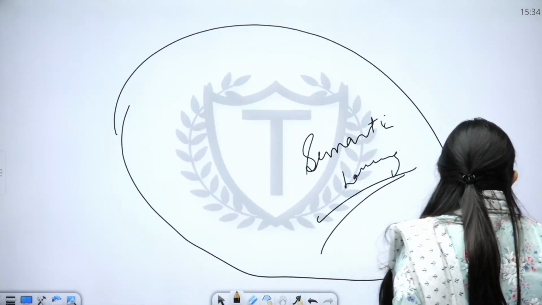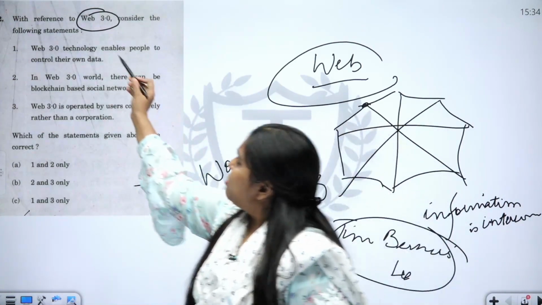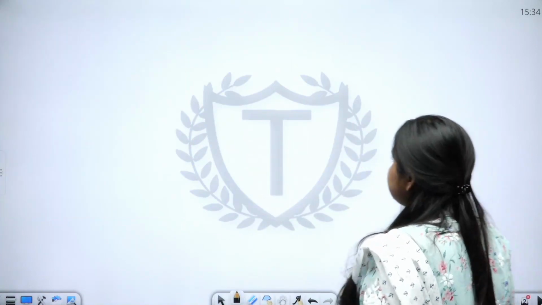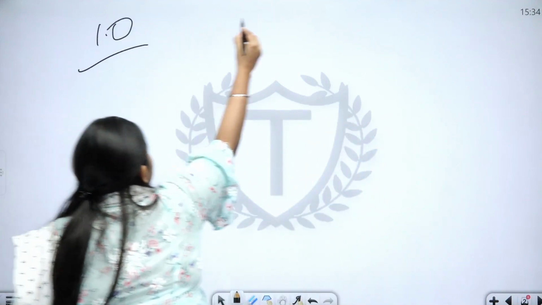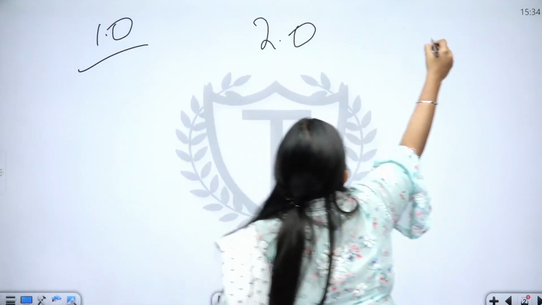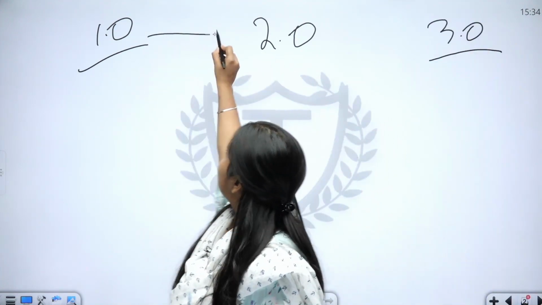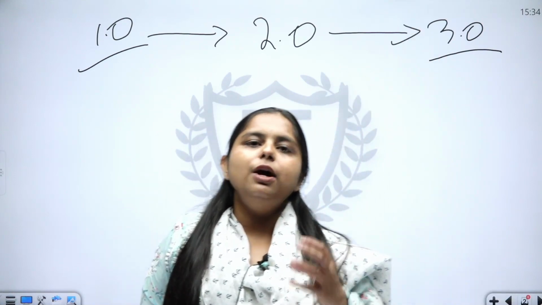So then coming to, we've learned what web is. Now there is something 3.0 which should immediately strike some bit of pondering in us, that if something is 3, then something must have been 1, something must have been 2, and then we have 3.0, right? So this is the progression across the generations of World Wide Web.